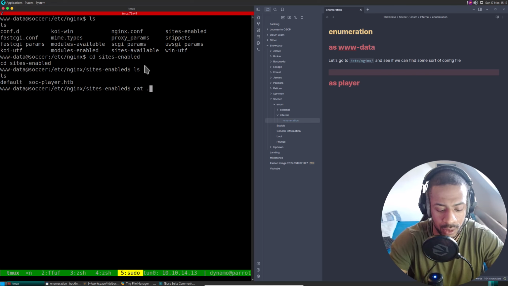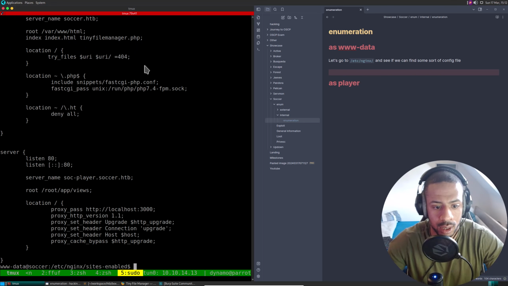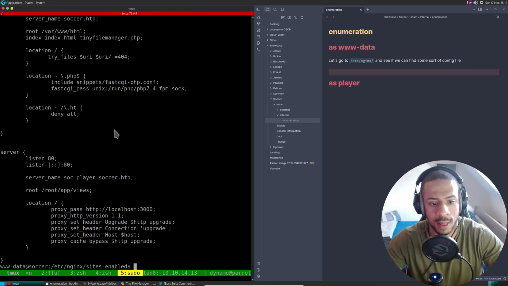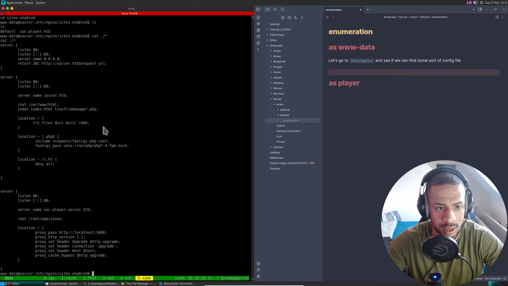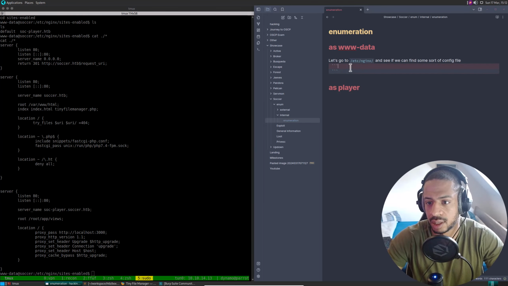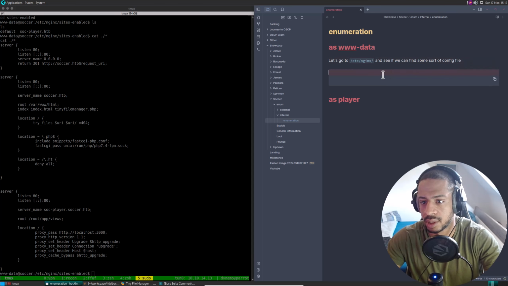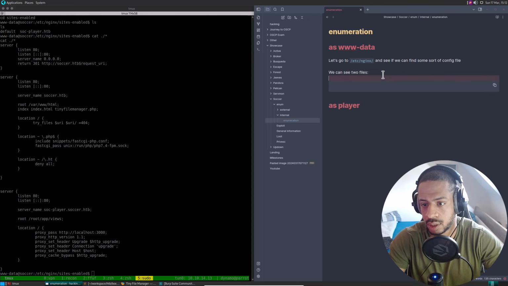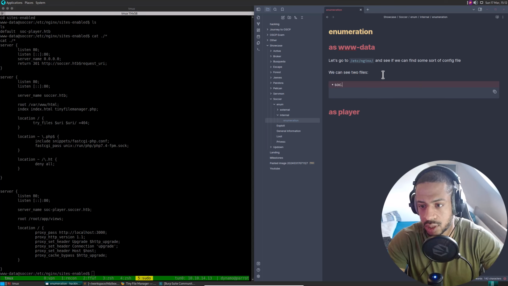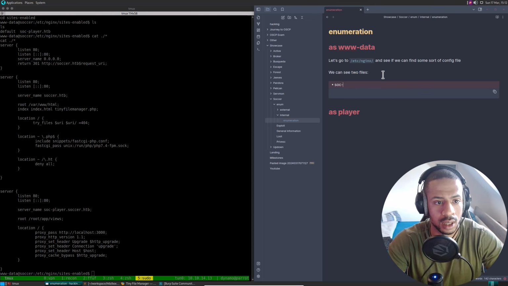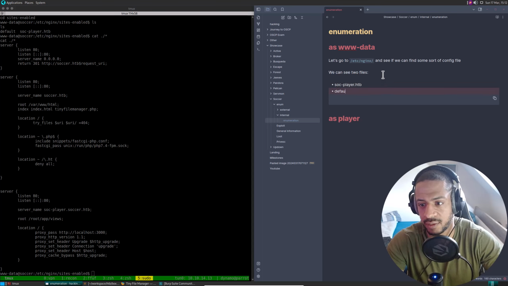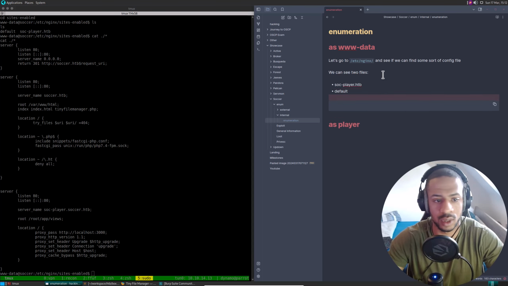Let's cat them both. Like this. We can see two files, soc-player HTTP and default. So what do we have?